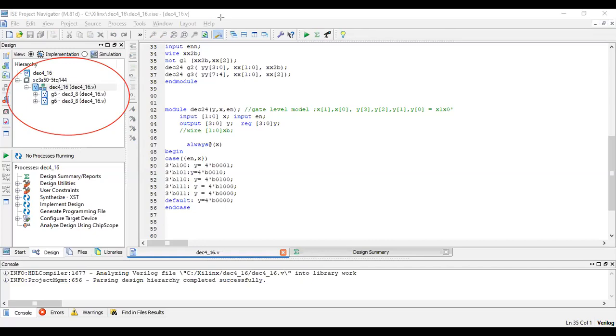If you click on decoder 3:8, I can see that it is implemented using two 2:4 decoders. But I have a question mark. That means we have to check the syntax, and only then will the question mark get omitted. It is not yet mapped. It should be mapped properly. So now let us check the syntax.